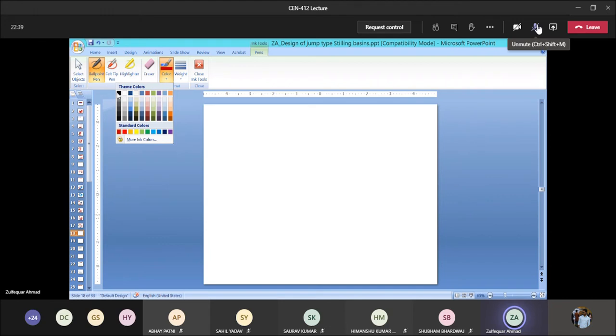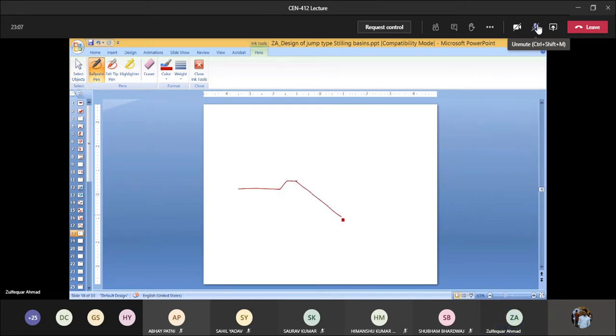Length of the jump is related to the Froude number, and you can see that from the graph. And how do you get the invert level? I will explain to you. So let us see the procedure for that. That is written in the next slide, but I am explaining here. So if you have a structure, this one is the structure,